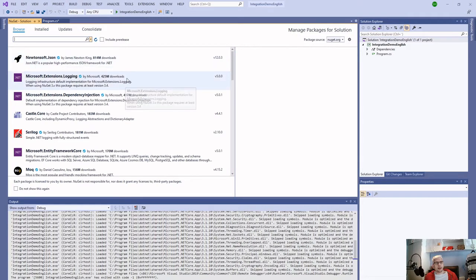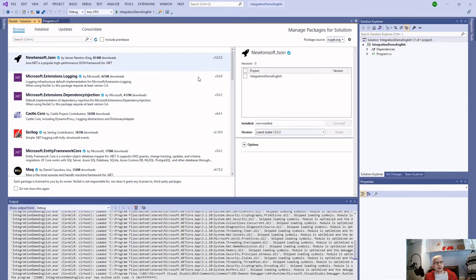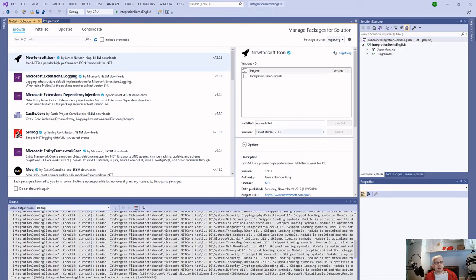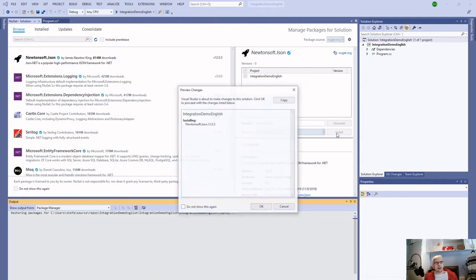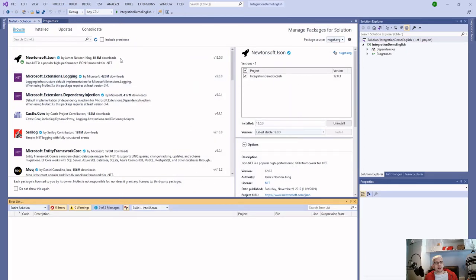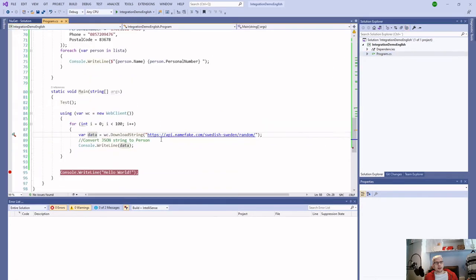I'm not sure, but I think it's the most popular NuGet package ever. It has almost 1 billion downloads, 840 million. So what we're doing here is really useful, and we're not alone. Okay,